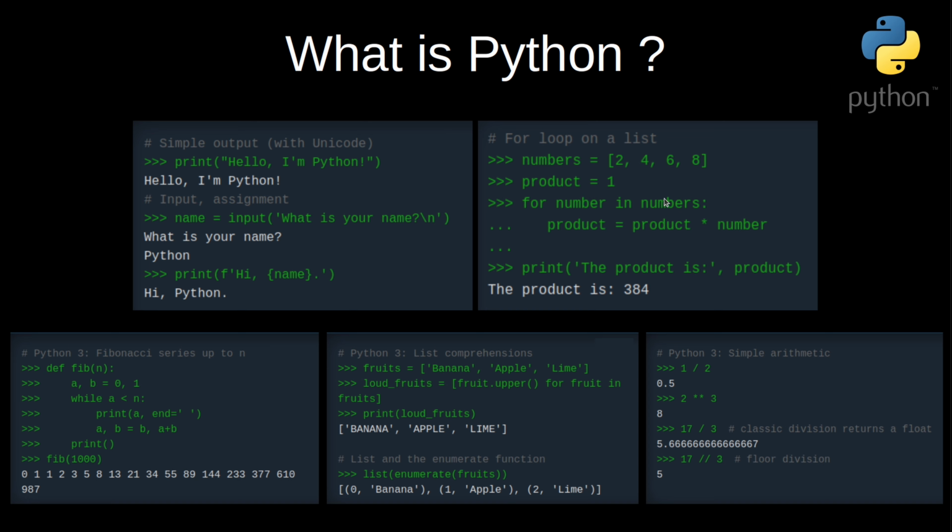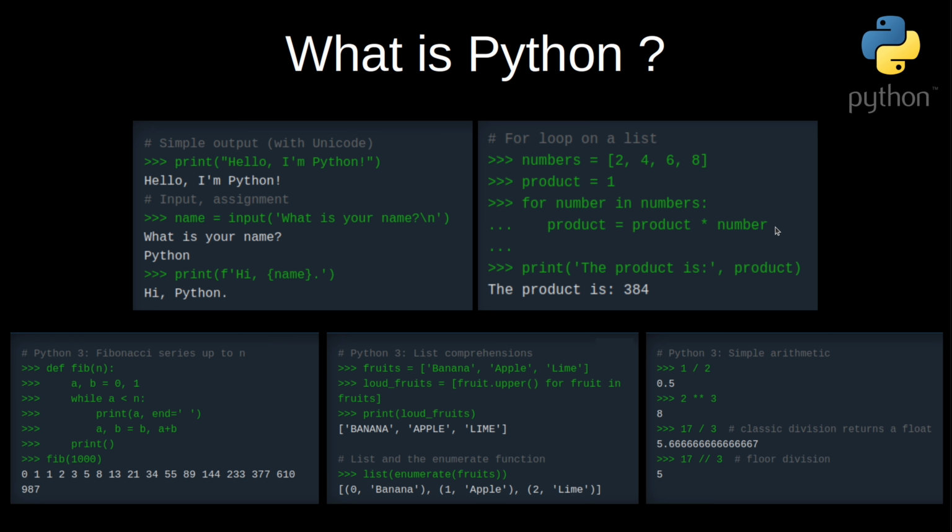So for this list called numbers, and for each element of it at each respective iteration, we want to reassign the product value, which initially is 1, to the product times the current number at that current